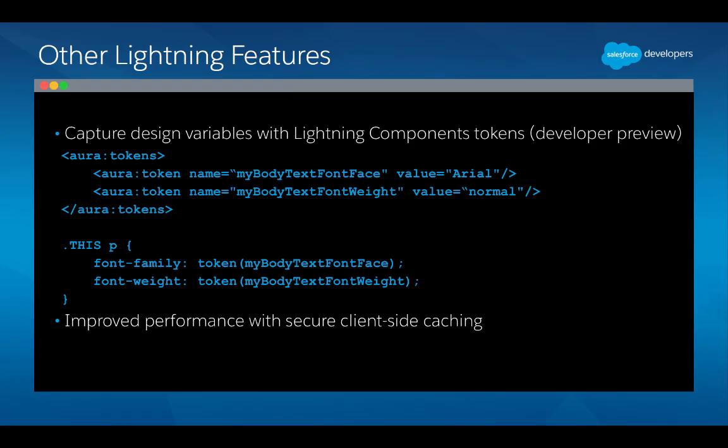All right, so next, other Lightning features that are available. We also have this awesome new component called Aura tokens. These are Lightning component tokens that allow you to create global variables accessible to all of your components to be part of your design, similar to the design tokens used in the Salesforce Lightning Design System. So as your design evolves, all you have to do is change these Aura tokens. Like, for example, if you want your font face for all of your components to be a different font, you only need to change it once, and that'll propagate throughout all of the different components that are using these tokens in their CSS. So a useful user experience design resource.